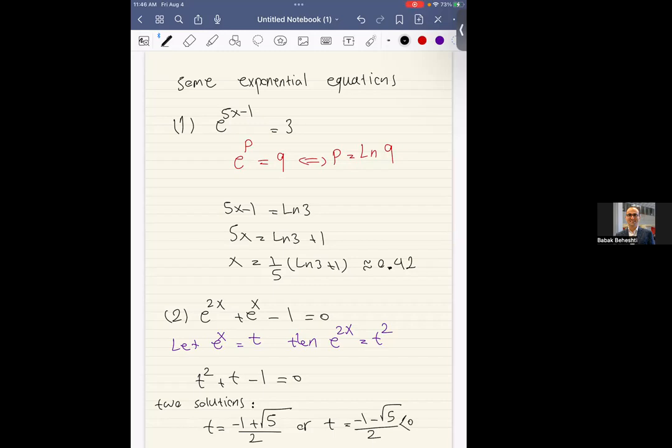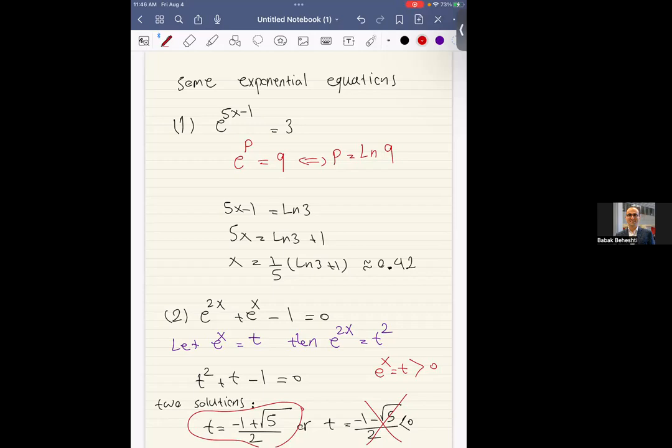But e to the power x cannot be negative. So you cannot accept this, because e to the power x, which is equal to t, must be positive. So that means we have to reject the second solution, but we can accept the first solution,